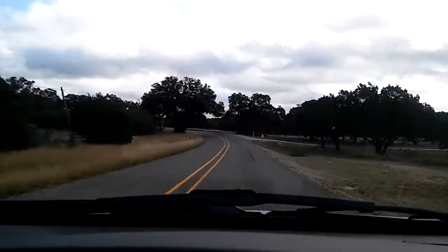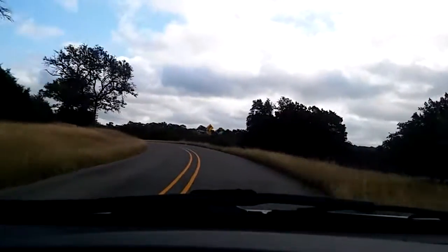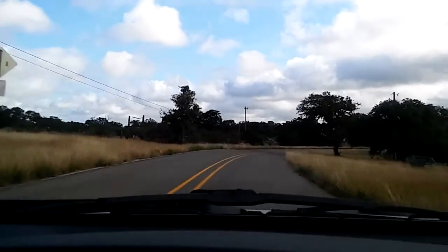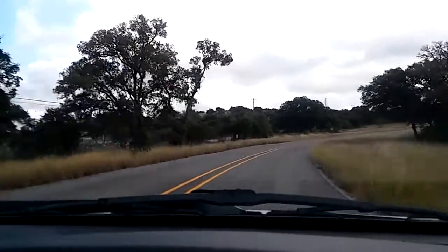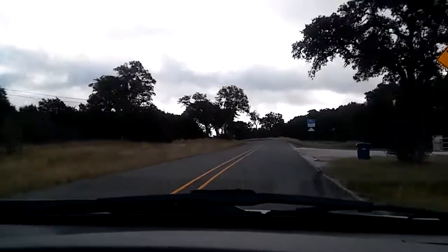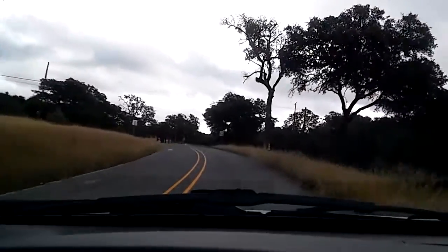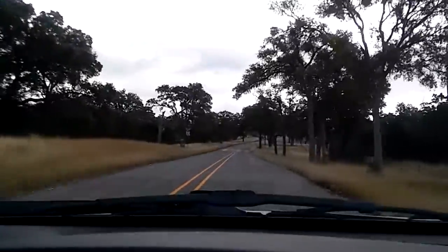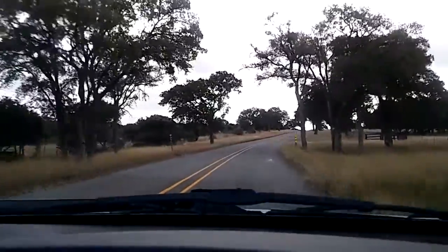But again, I'm here in Central Texas. This is Park Road 4. It is close to Inks Lake State Park. It is also close to Longhorn Caverns State Park. And this is the road that I live off of. And this goes over and intersects Highway 281, which runs north and south from San Antonio north and so forth. And that's the one I'm going to get on to go to the grocery store HEB